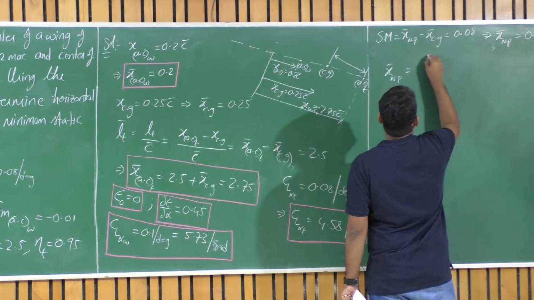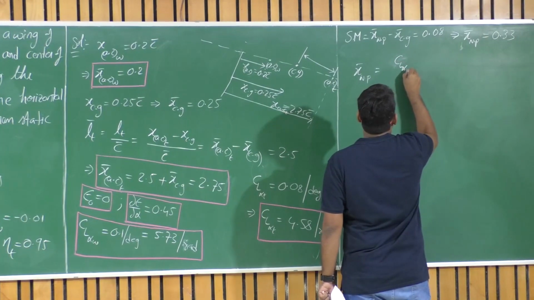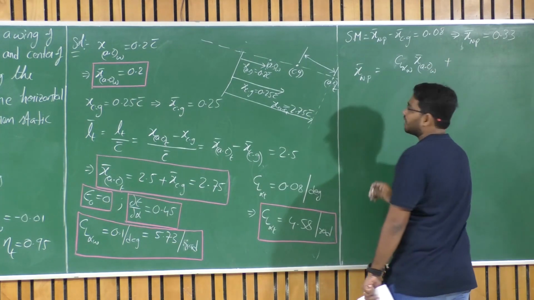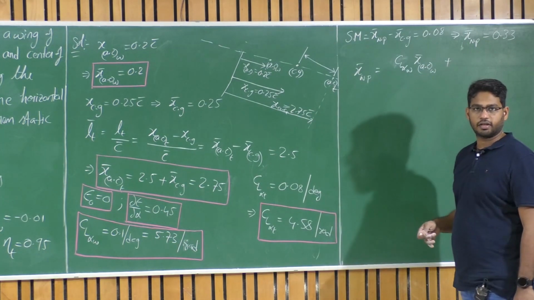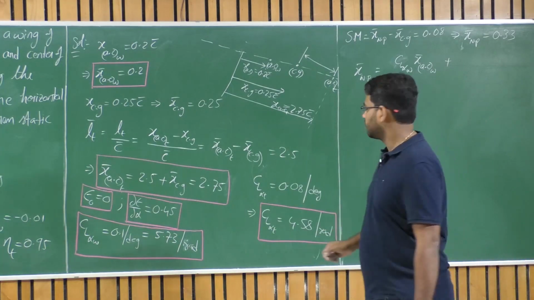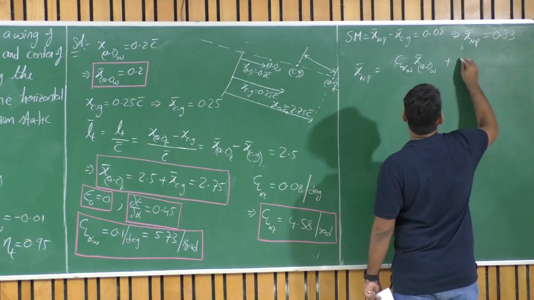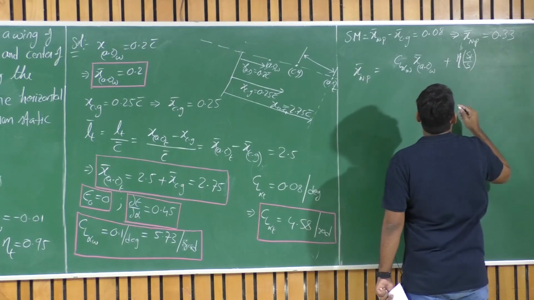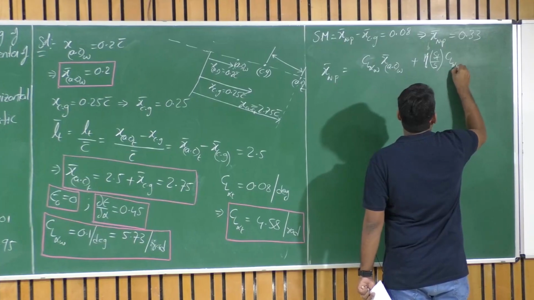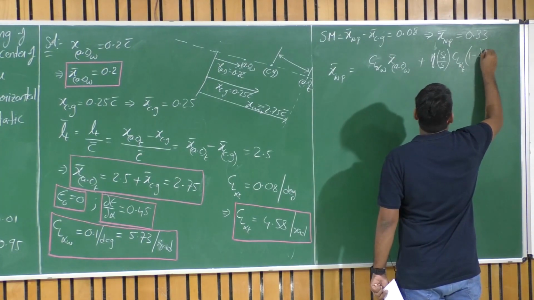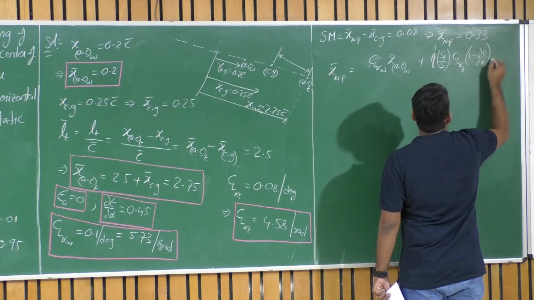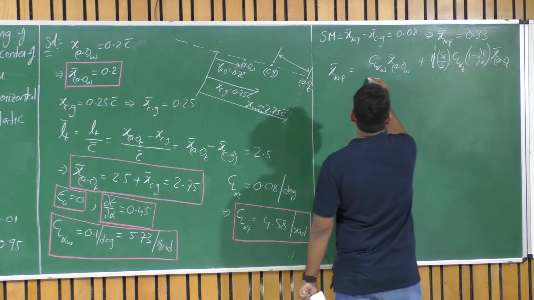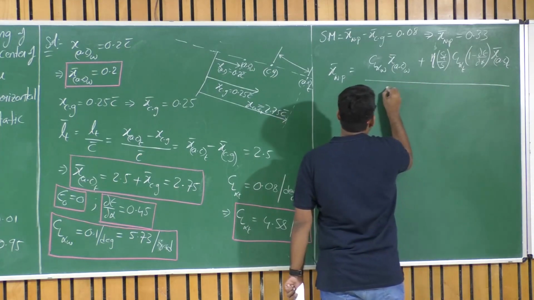So this is equal to x bar CL alpha of wing times x bar AC of wing plus, see, I am intentionally writing these equations again and again so that you will get used to it. Okay. So I wish you should also take down the notes for this. Eta St upon S times CL alpha of tail times 1 minus dou epsilon by dou alpha multiplied by x bar AC of tail, upon CL alpha wing